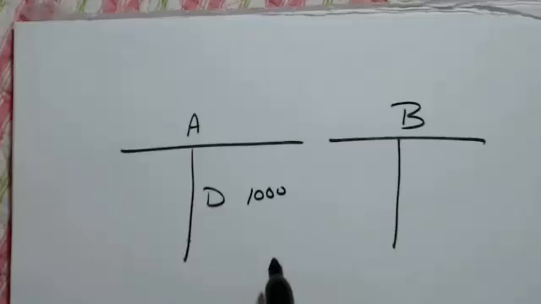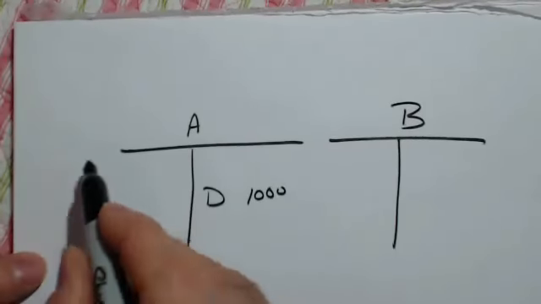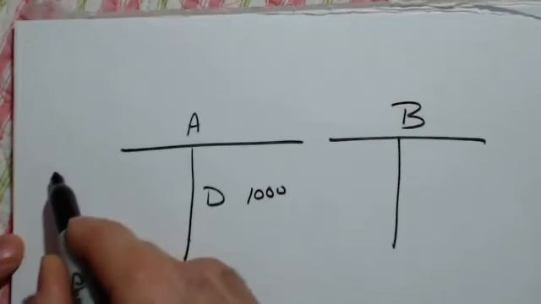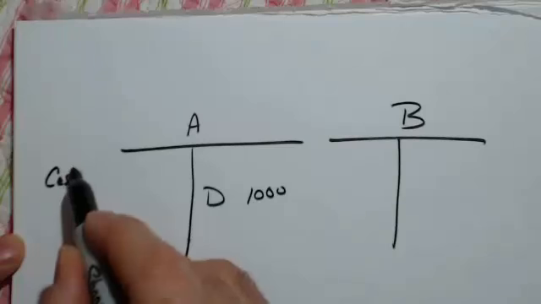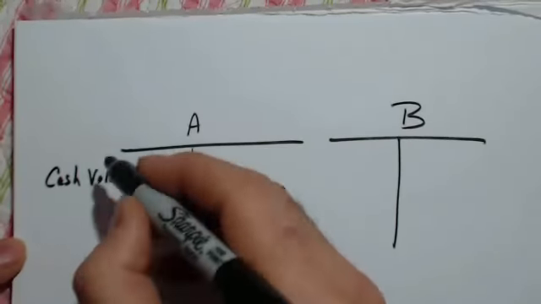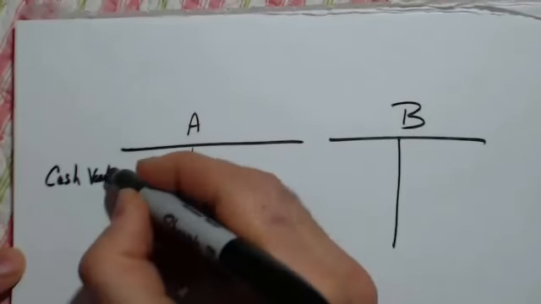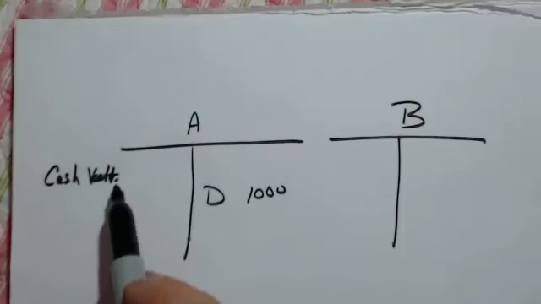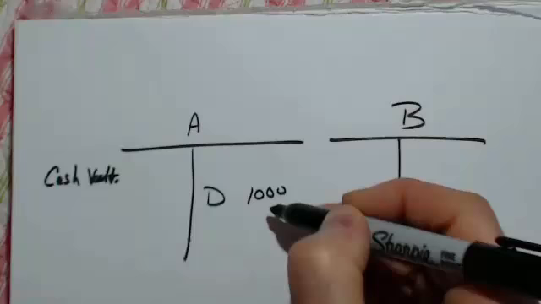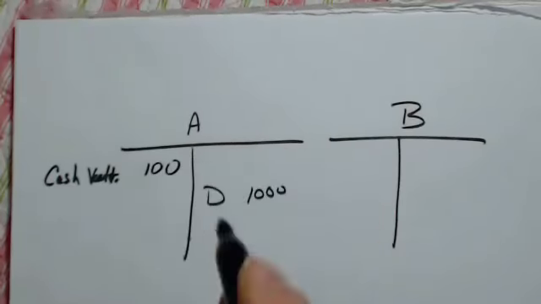$1,000 is on deposit. So you or I or other people, we've deposited $1,000 in a bank, and the bank has to maintain cash in its vault for reserves. Okay, I should spell it right. Vault. This pen is so thick I can't write clearly. Okay, so cash in vault is going to have to be 10%. If we believe in a 10% reserve requirement, that's going to be $100.